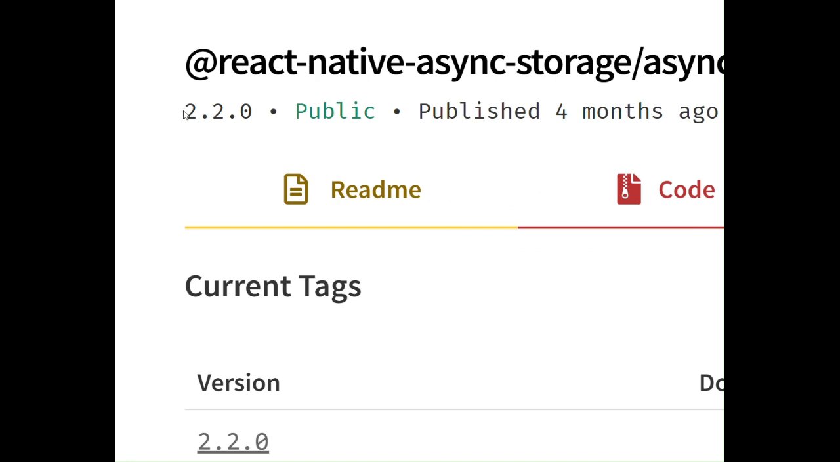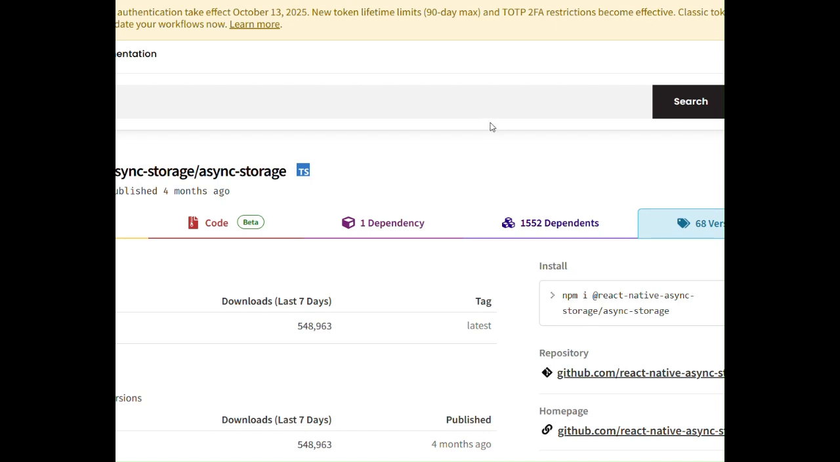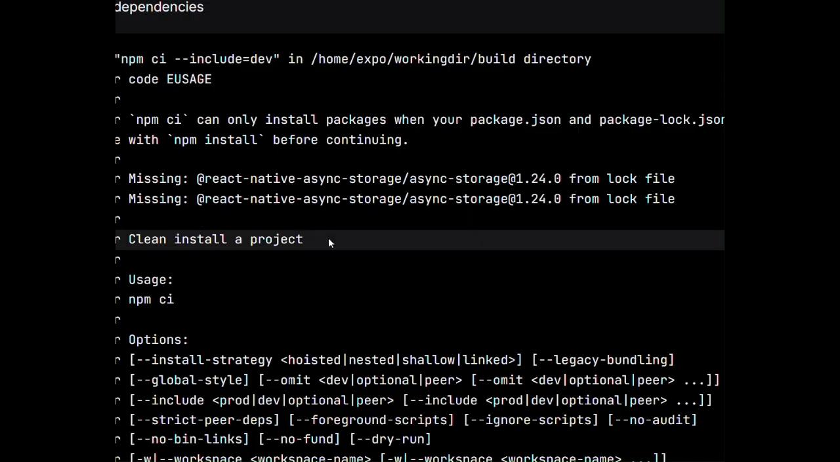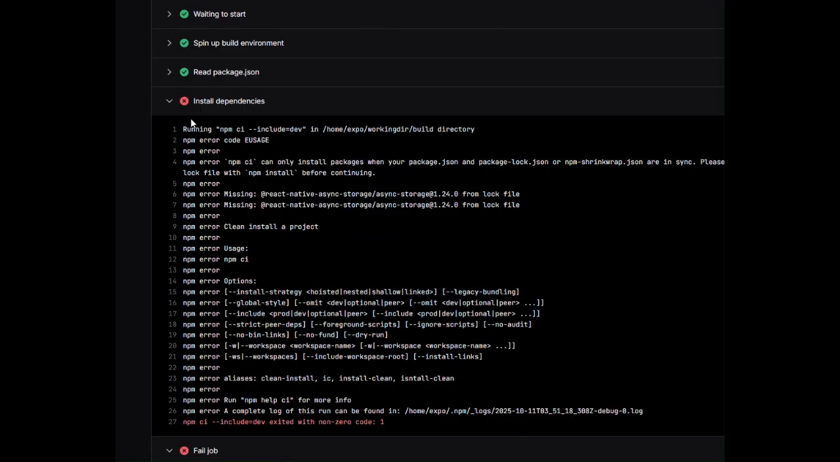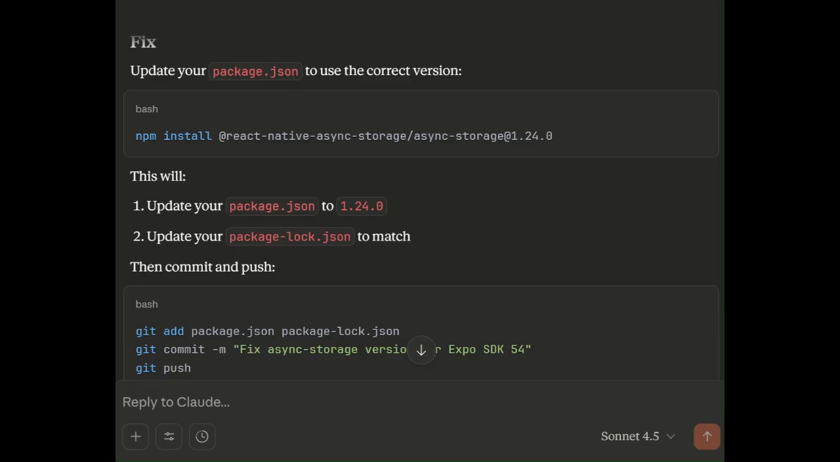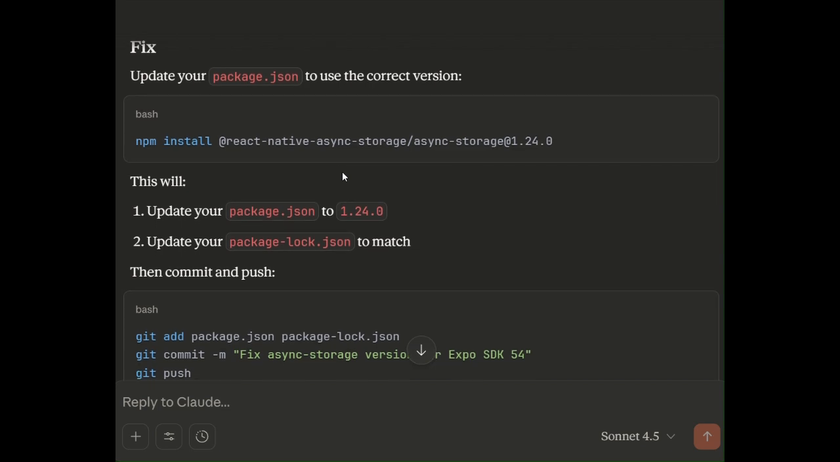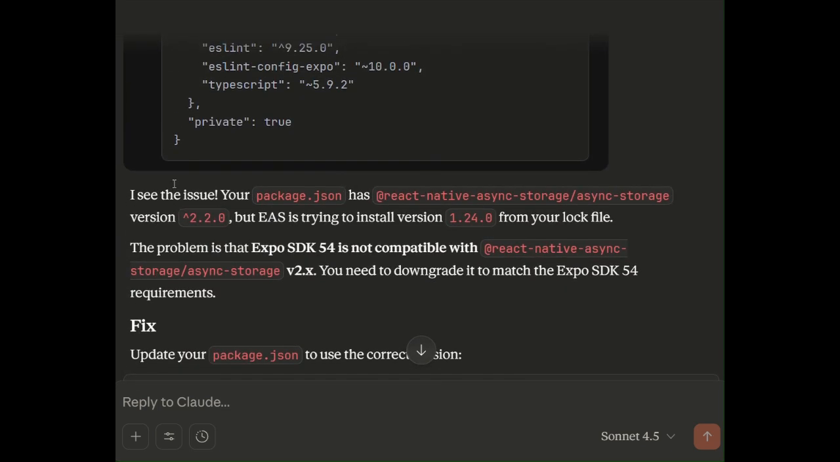2.2.0. But I later found out that this version is not compatible with the latest Expo version, that is Expo 54. So that's why finally I was compelled to downgrade my React Native async storage version to the version